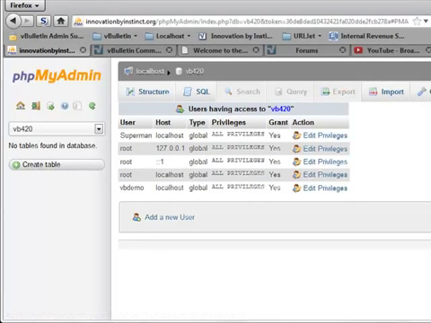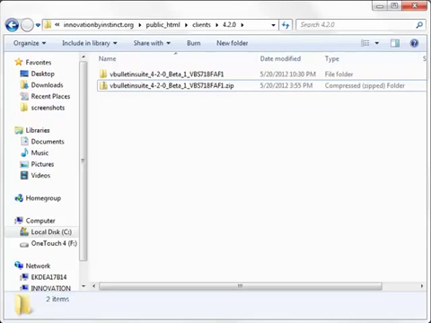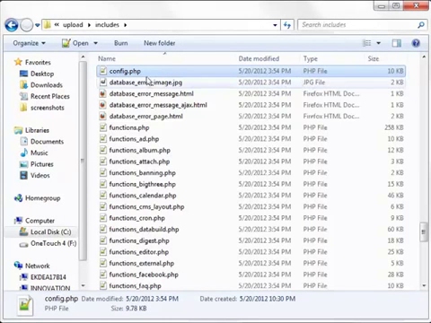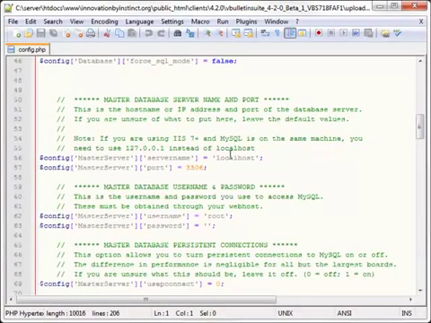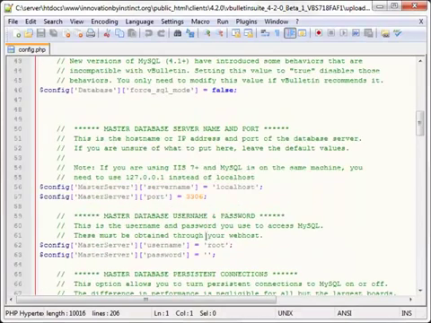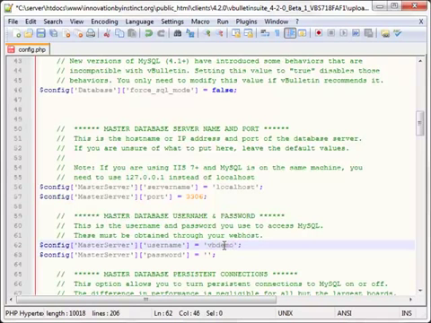Now what we're going to do is switch back over to our files, and then you can see we're already in includes. I have opened another folder and we've opened that Notepad++, so now what we want to do is edit that accordingly. Let's scroll down and go ahead and type in your username, vbdemo, and vbdemo for the password,